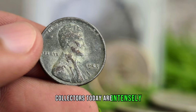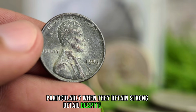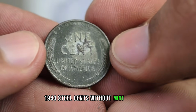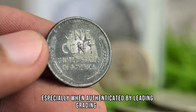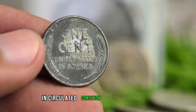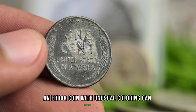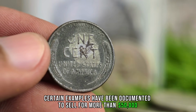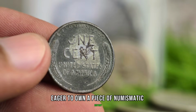Collectors today are intensely interested in these error examples, particularly when they retain strong detail despite circulation. In auction markets, color error 1943 steel cents without mint mark can command extraordinary sums, especially when authenticated by leading grading services. While a typical 1943 steel cent in circulated condition might fetch only a few dollars, an error coin with unusual coloring can skyrocket in price. Certain examples have been documented to sell for more than $50,000 when bidding wars erupt among collectors eager to own a piece of numismatic history with such